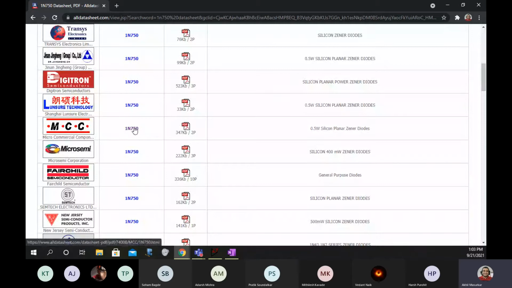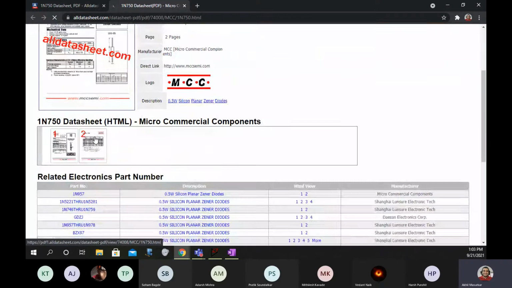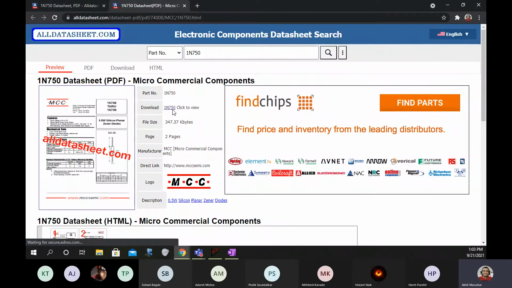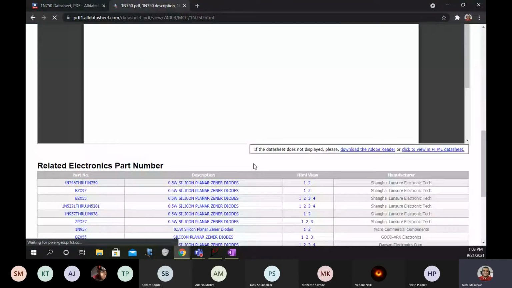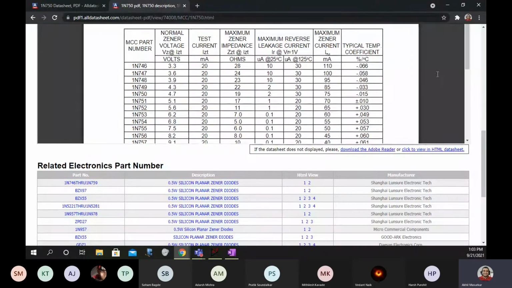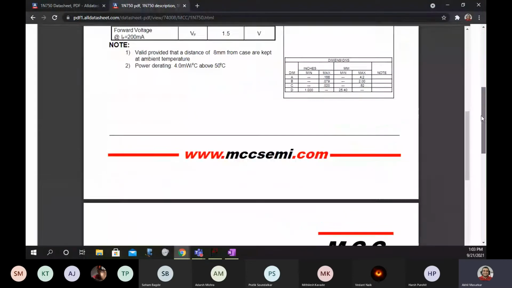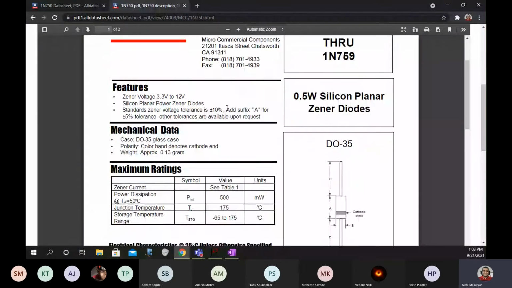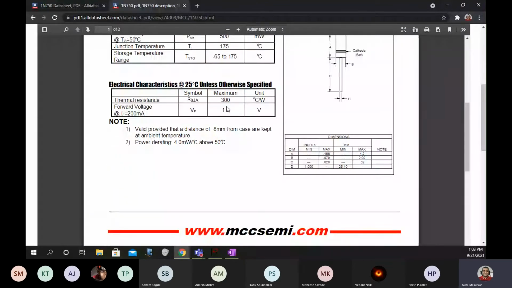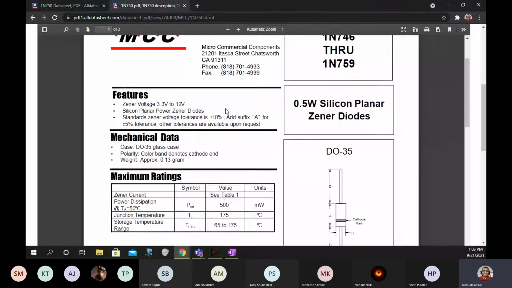So let's pick up this datasheet, Micro Commercial Components. You can just click on download, or you can click to view. Once you go here, just below this you can see the data sheet has opened, and certain things you can find out from this data sheet.